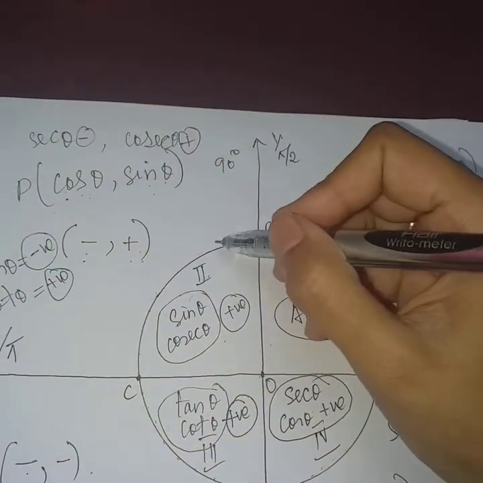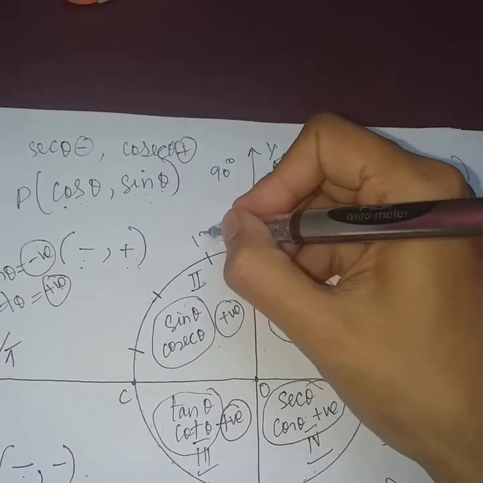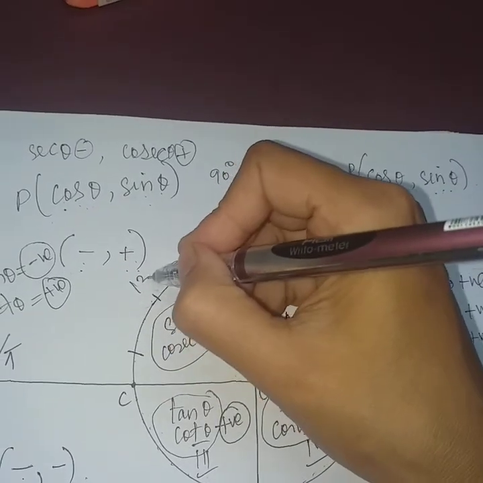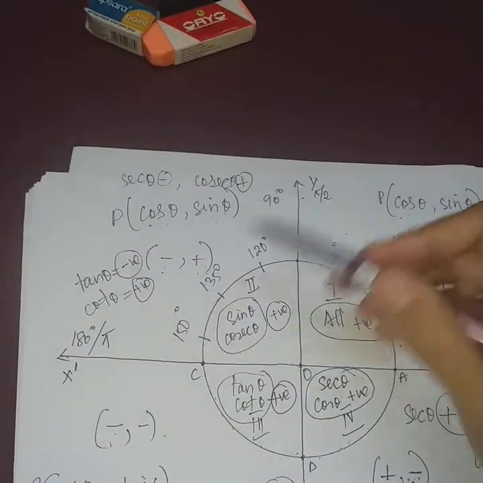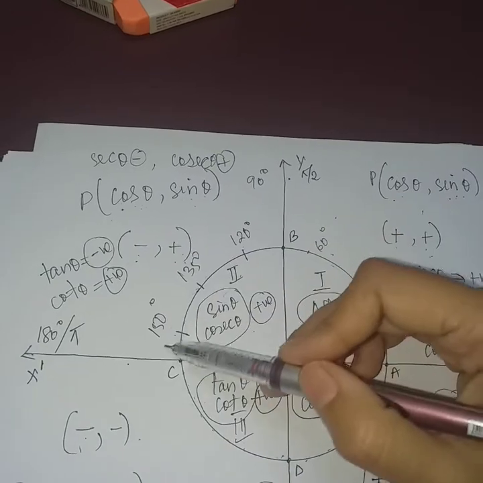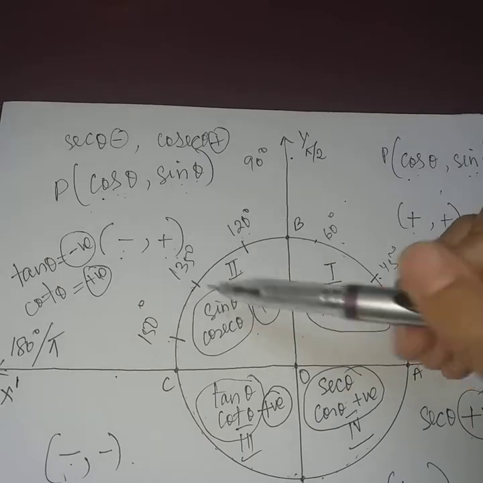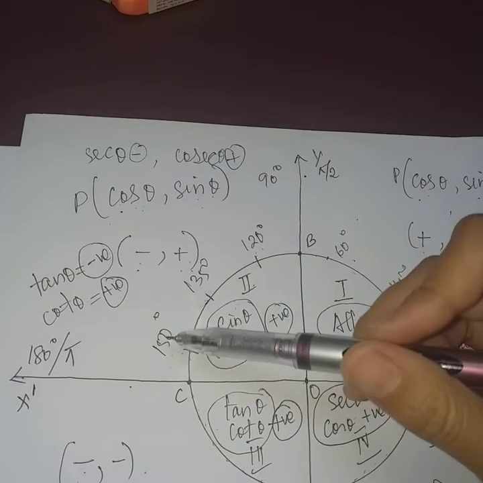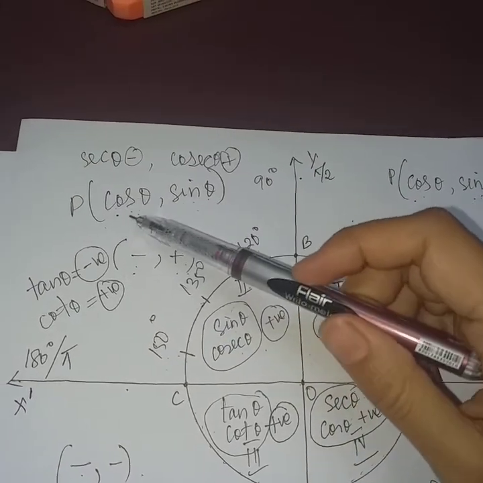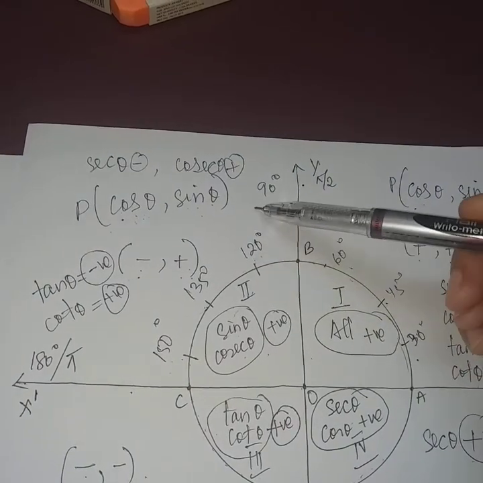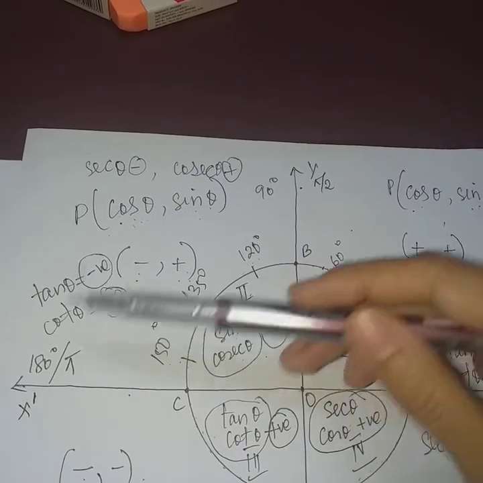Here again we'll have angles like 120 degree, 135 degree, and 150 degree between 90 and 180. These angles will be there, and many more angles in between. So for sine of 120, sine of 135, sine of 150, all these will be positive. Also cosec will be positive. For other trigonometric functions, cos of 120 will have a negative value, and cos of 135 will have a negative value. Similarly tan and cot will be negative.